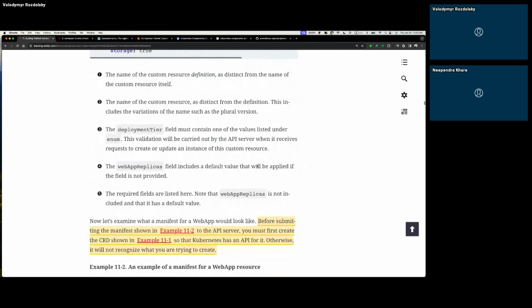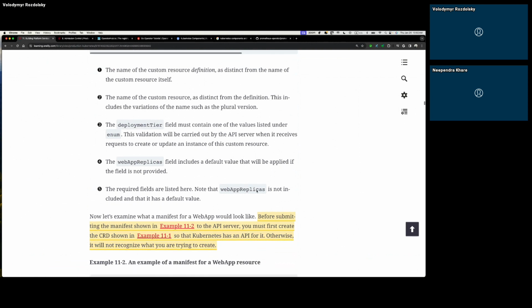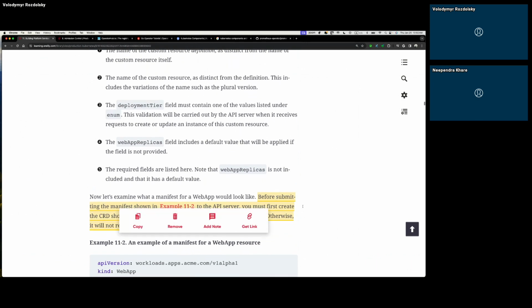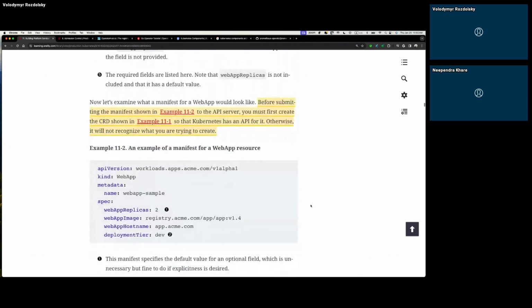This is part of the extensibility of Kubernetes, where we can define our own types and be able to install them in the cluster.